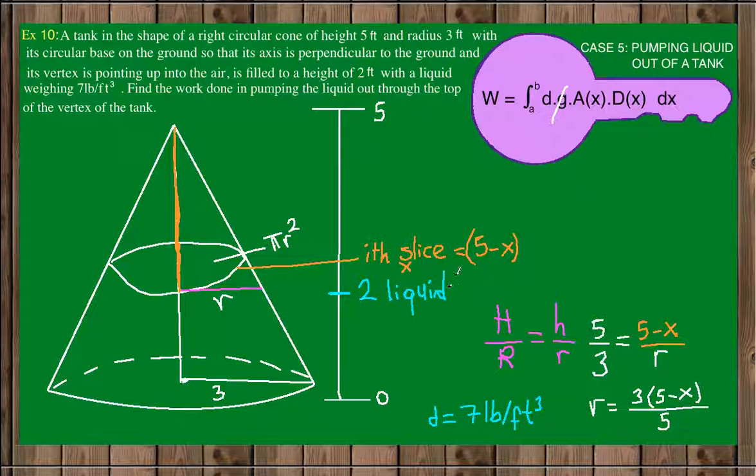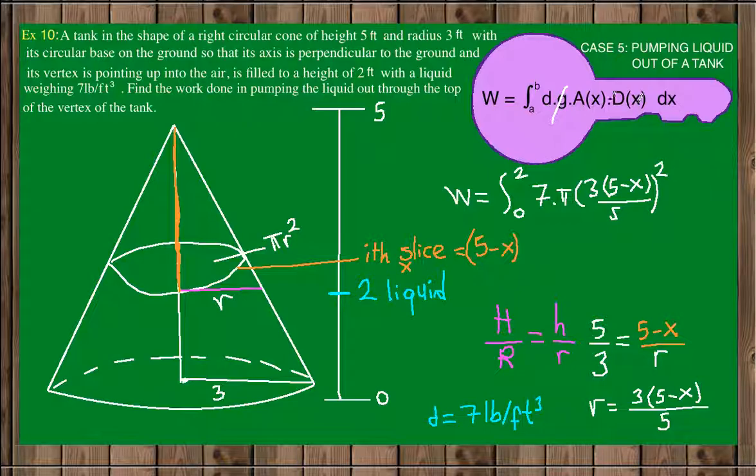So all our ingredients are ready. Let's place them. So work done equals the integral. What are the limits of our integral? The limits of the integral are from 0 level up to where the liquid is. So from 0 to 2. Our density is given as 7. Our A of x is pi r squared. Pi times, instead of r, we have to use r in terms of x. So 3 times 5 minus x divided by 5